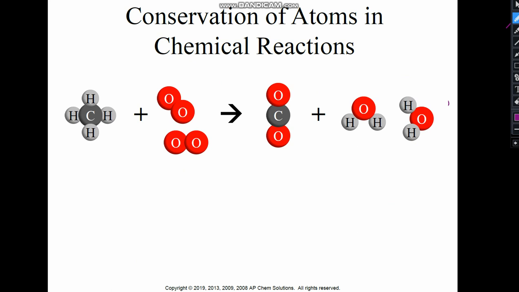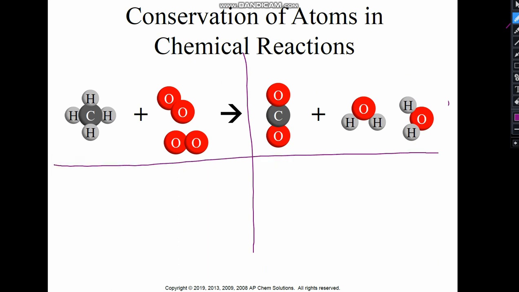All right, so one other thing I want to talk about is the conservation of atoms in a chemical reaction. This is just like when we talked about balancing equations. We want to have the same number of atoms on both sides. I just want you to have the vocabulary correct: it is called conservation of atoms. So we must have the same number of hydrogens on both sides, the same number of oxygens, and the same number of carbons. This in particular is CH4 plus O2,